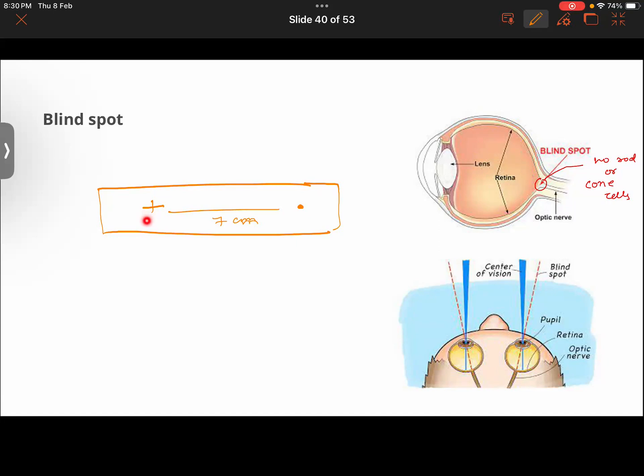Right now, you will be seeing the black dot. Now, as you slowly bring the sheet, or your smartphone, towards your eye, at a certain distance you will observe that the dot disappears. Are you getting what we have done here, Ahmed, Arham? So you took a sheet of paper